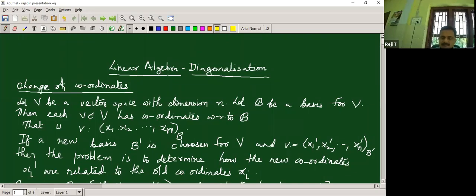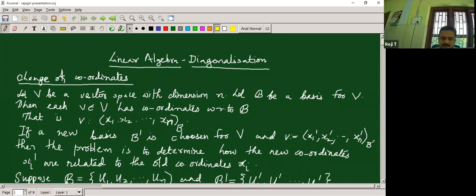So the question is, how can we represent a linear transformation using matrices so that the resulting matrix is as simple as possible? The answer to that question leads to diagonalization. I am not discussing vector spaces, basis, dimension, linear transformations, etc. I know that you are all familiar with these concepts.